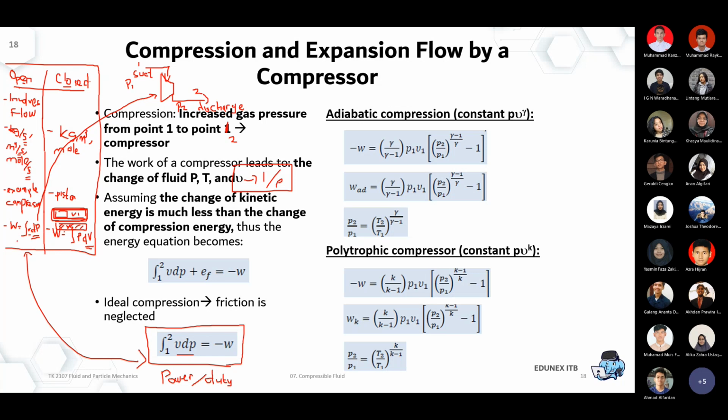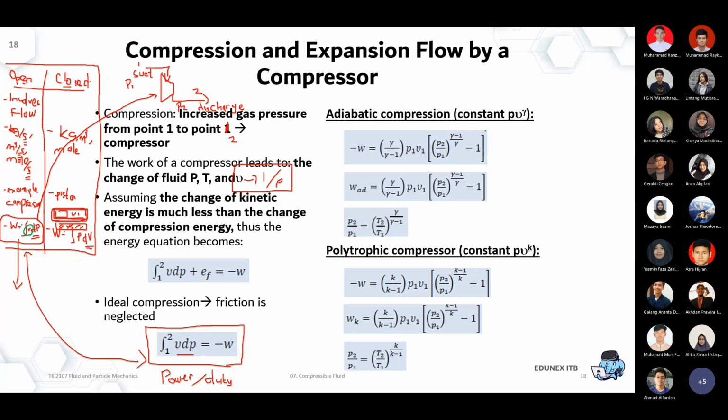And if you look from this principle, this is actually the same as the first formula for pump. If you remember two weeks ago, we were talking about pump duty. It starts with the pump duty being the volume times the delta pressure. But now it becomes more complicated, because in a pump system the volume doesn't change, because it's non-compressible, right? The V1 and V2 will be almost the same.